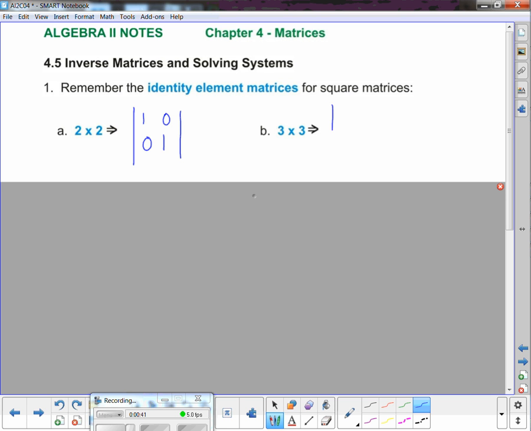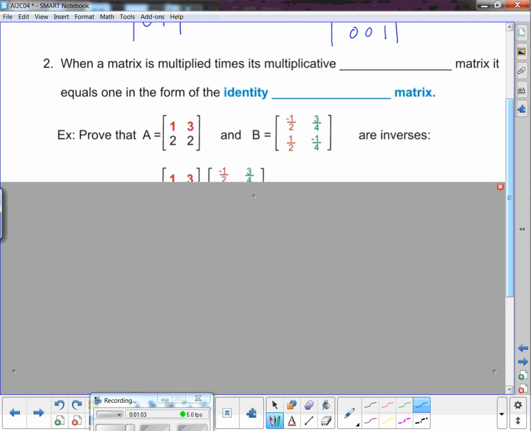And therefore, if you do a 3 by 3, again, you're doing ones on the diagonals, and you're filling every other spot in. Every other element is a 0. Okay, so no big deal there. We've already dealt with that topic, but now we need to use it. So,